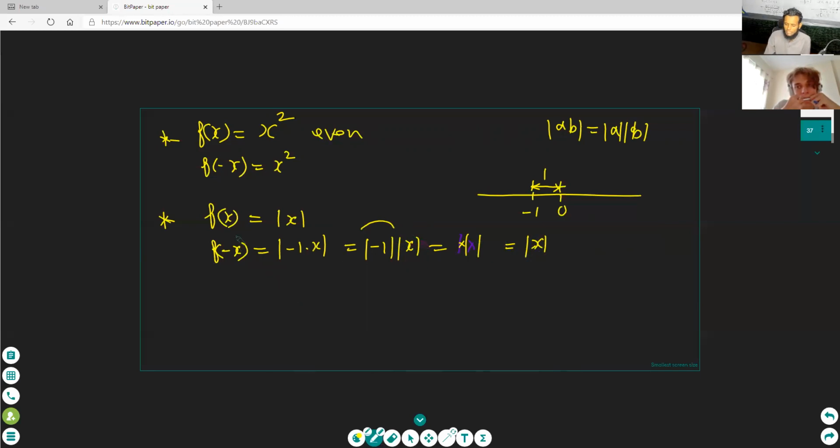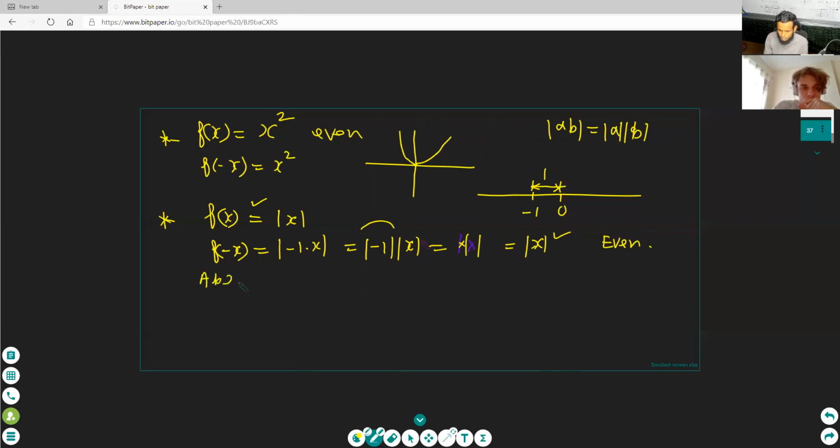See here, tell me, are both equal or not equal? Both are equal. Equal, then is it even or odd? Even. You said this is odd, but now it is even. You are confused a little in the definition. Wait. Remember this formula, and then you will understand the definition. Your assignment, I will also solve, and I will tell you your mistakes and send you the detailed PDF file. But you should understand the definition of absolute value.